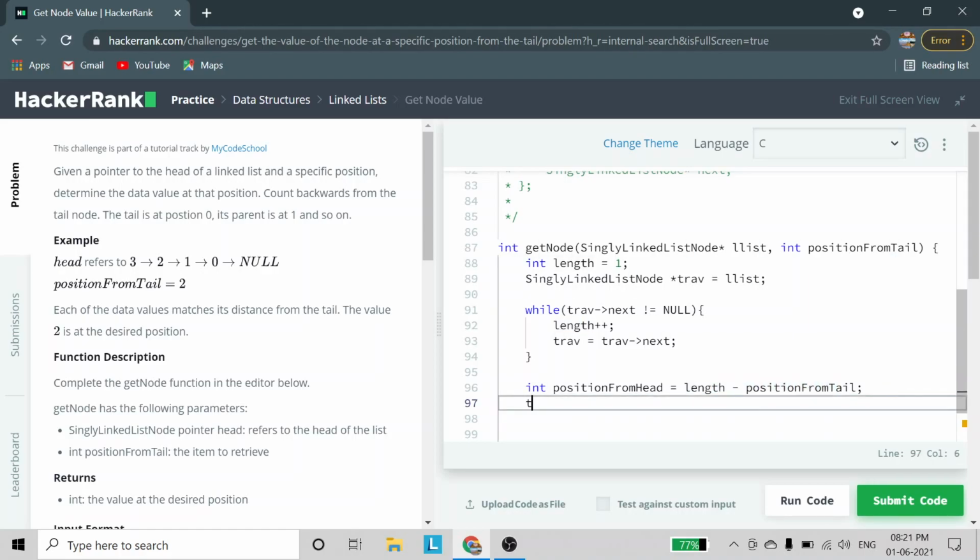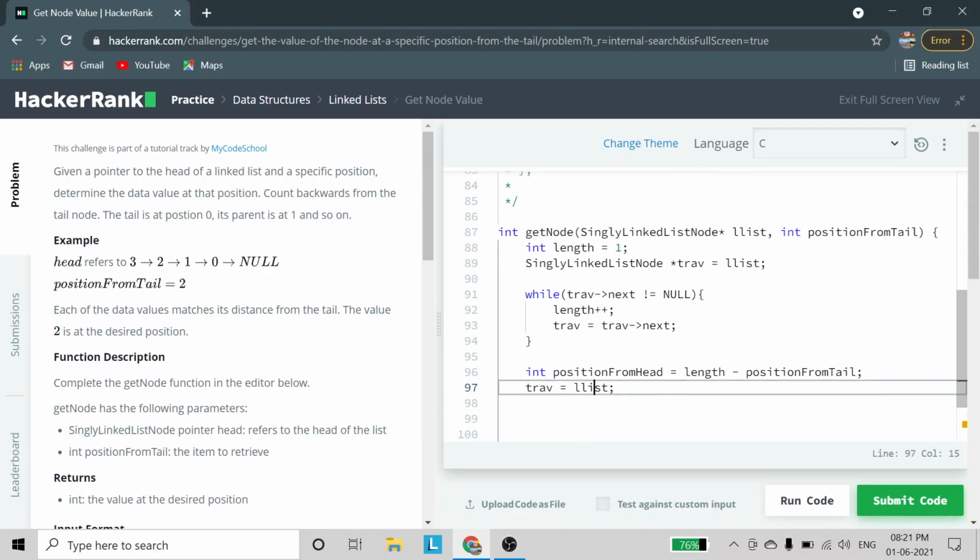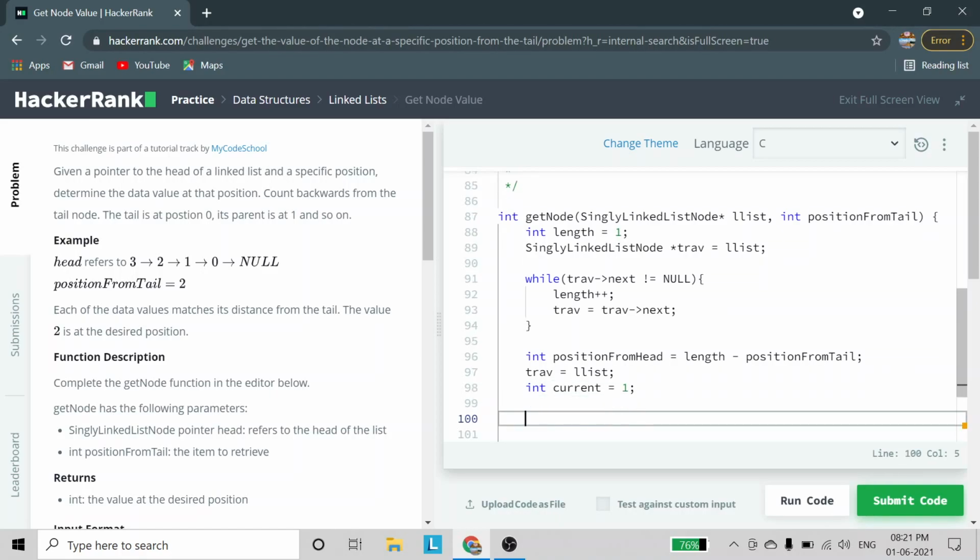So after that, I'm going to use a trav variable. So I have to reinitialize the trav variable using this L list. So I'm just assigning the head of the linked list again to this trav variable, and I'm going to use current for the while loop, and it will be initialized with 1, and after that the while loop. So this while loop will traverse till the desirable location. So the condition for this is current is not equal to